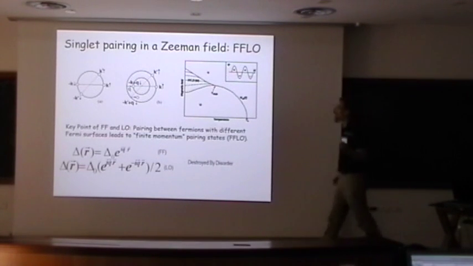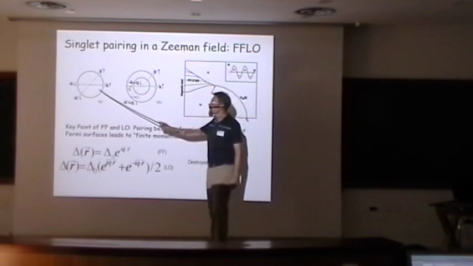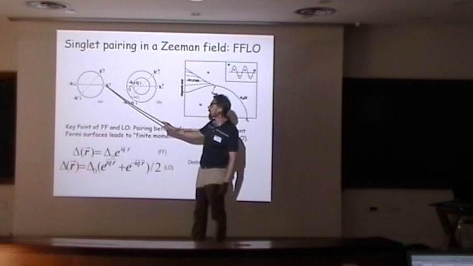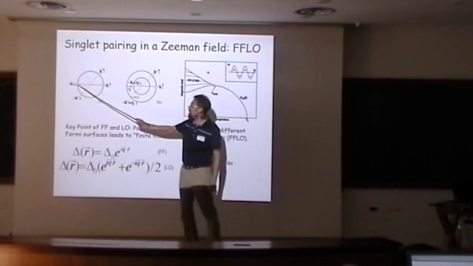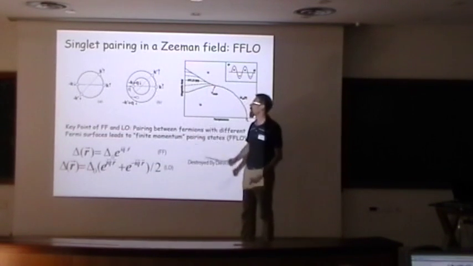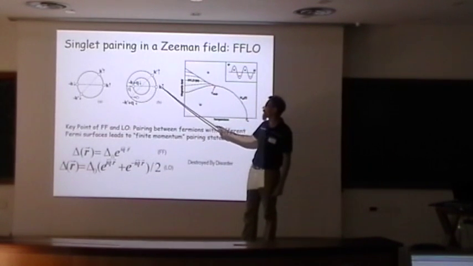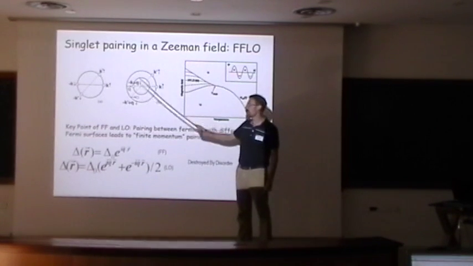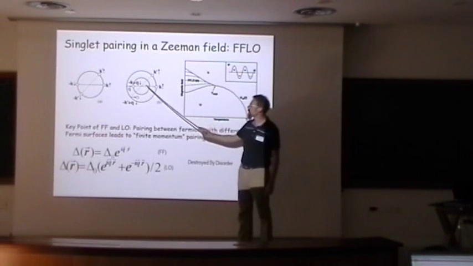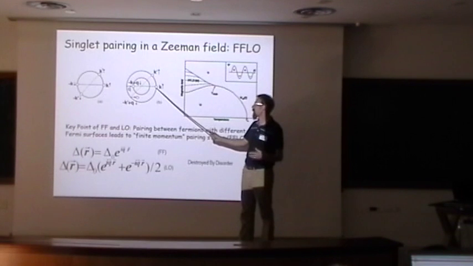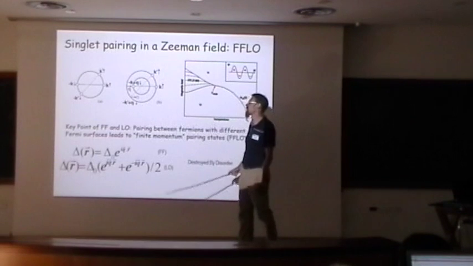In particular, what they realized is that if you take a spin singlet superconductor, so here I've drawn the Fermi surface for a spin singlet superconductor, comparing a state k up with a state minus k down. If you apply a Zeeman field to that, you split the up and down Fermi surfaces. So the bands get split, so you have k up on this sheet, but minus k down is on this sheet. And now you have a problem pairing k and minus k because they do not lie on the same sheet of the Fermi surface. So you cannot make a Cooper pair.